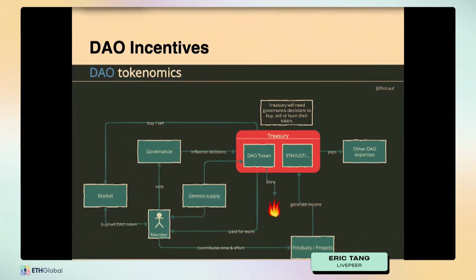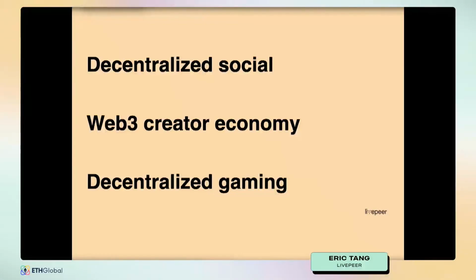And being Livepeer, we see a lot of these applications starting to come online. These are interesting consumer mass adoption applications, not just blockchain niche applications, right? And we're seeing a lot of interesting examples in the verticals of decentralized social networking, in Web3 creative economy, and also starting to see that in decentralized gaming, where games are being created, but also there's very non-trivial video streaming components in these games. So how does that all relate to video streaming on Livepeer?